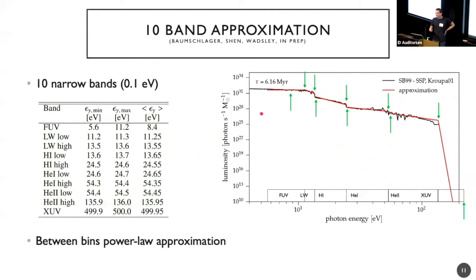So we have 1 band for the FUV heating, as we heard before, for the ISM. That's very important. We have 2 narrow bands, which are just 0.1 electron volts wide, for each of the classical broad bands. So the Lyman-Werner bands, the one at its left edge at 11.2, and 1 band just shy of 13.6 electron volts. The same for the hydrogen ionization and the helium ionization bands, and then we have one energy of about 500 electron volts, which we need to get the early ionization from the UV background correct. If we don't include this band, we underestimate especially the helium ionization rates by about 20 to 30%.